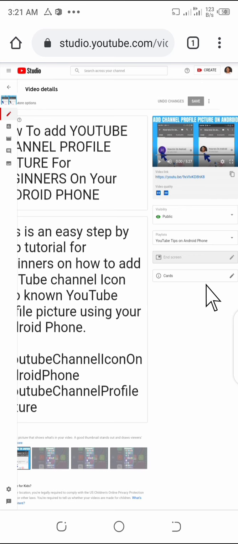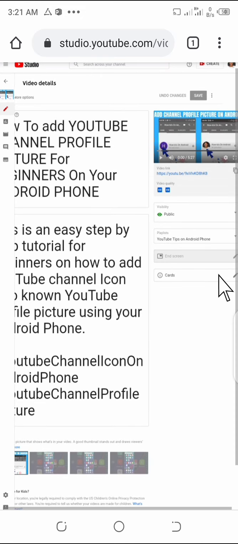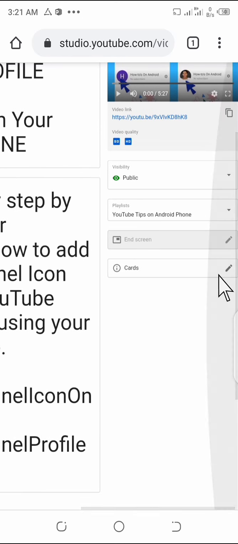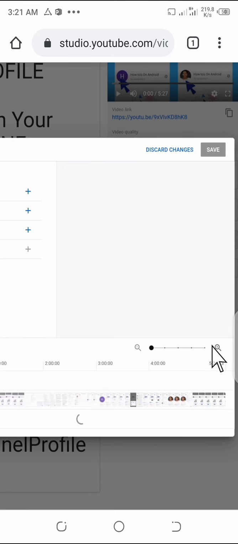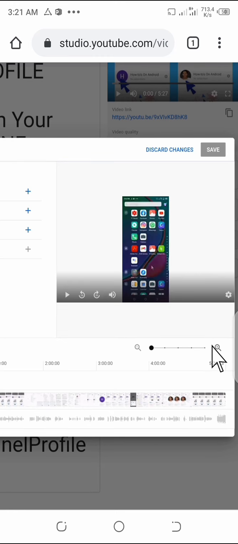Then here on the cards, you tap on this pencil icon beside the card. You tap on this pencil icon. Okay, so once you tap on the pencil icon, this is the video we want to add the YouTube cards to, okay?